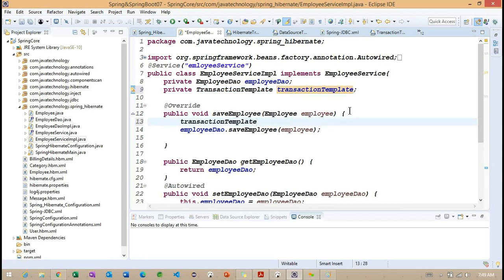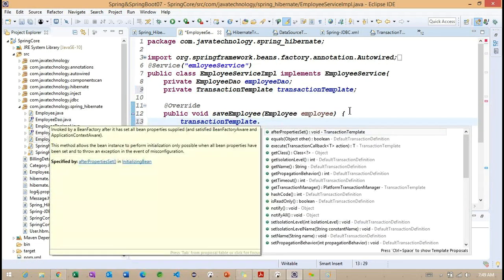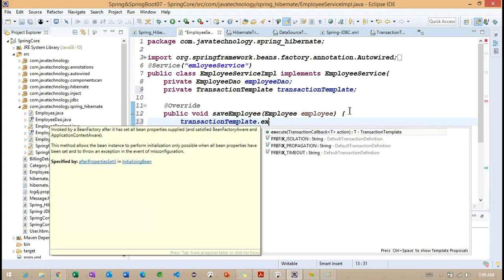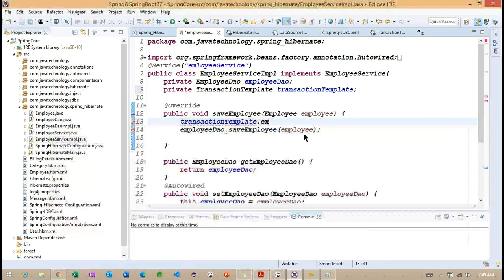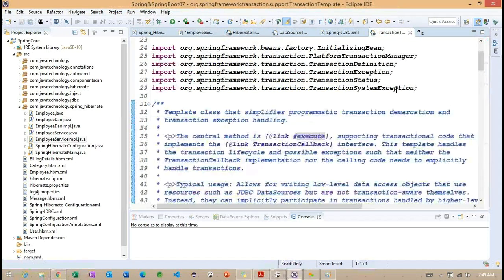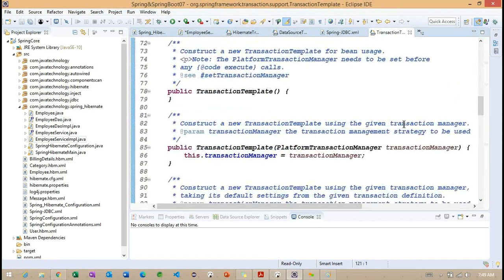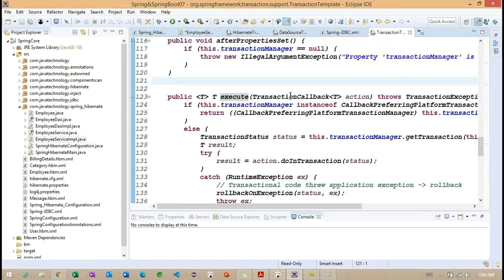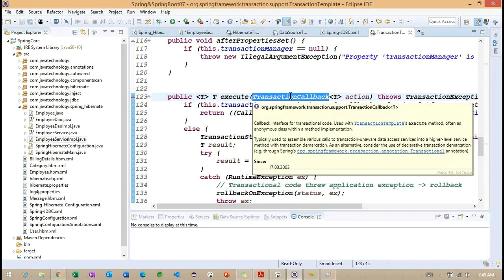Using this particular transaction template, we are going to call this particular execute method. Basically the execute method is expecting a transaction callback. Getting the point. Transaction callback is an interface here.